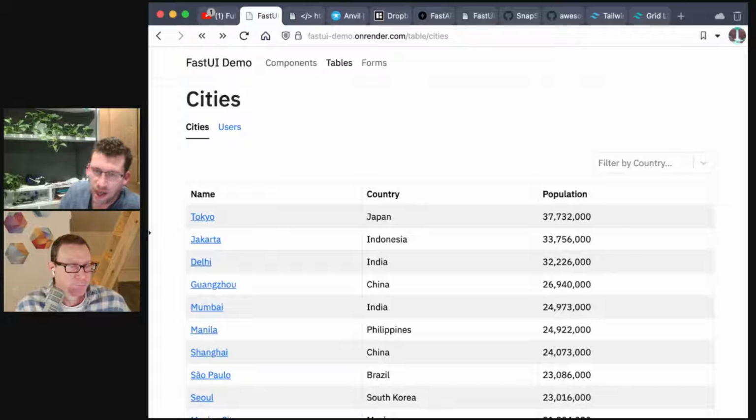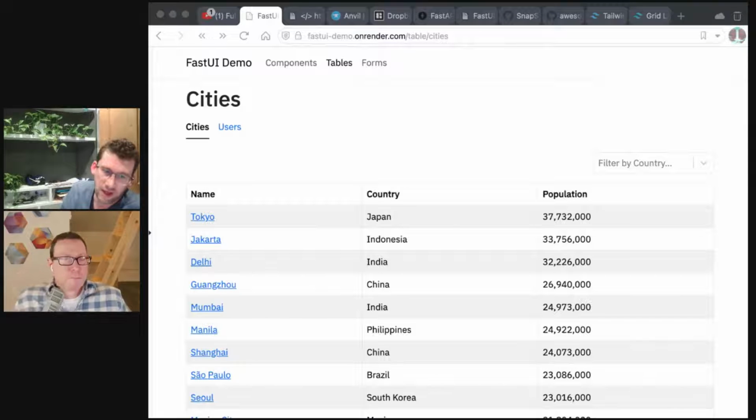Nice. Again, I want to reiterate that FastUI is not just designed as a kind of Django admin interface alternative. Within Pydantic we are going to use it for UI that we're going to show to end users. But obviously, it also comes into its own when people want to just get something up quickly.